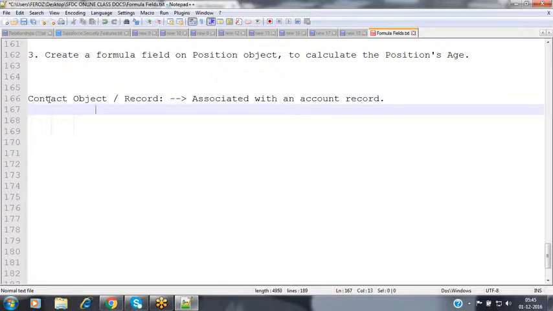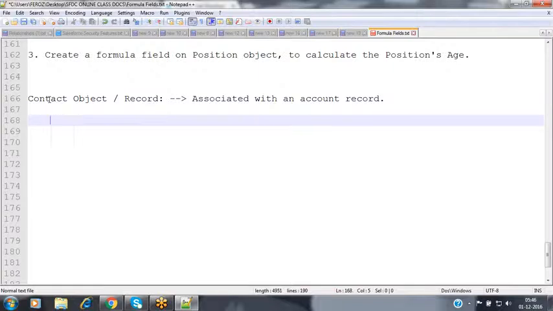So now at that time, we are going to be creating the contact record by providing all the fields, and this contact is associated with an account.